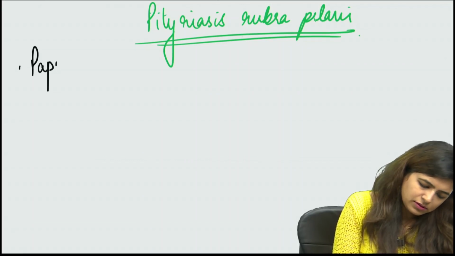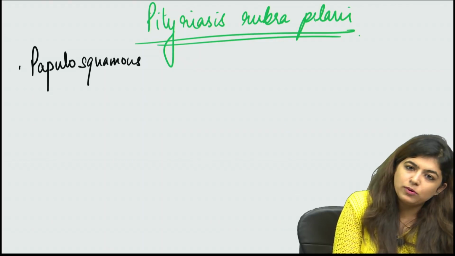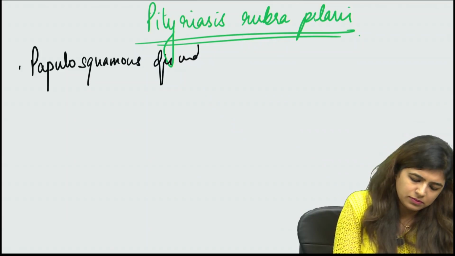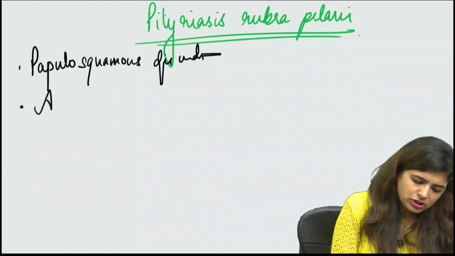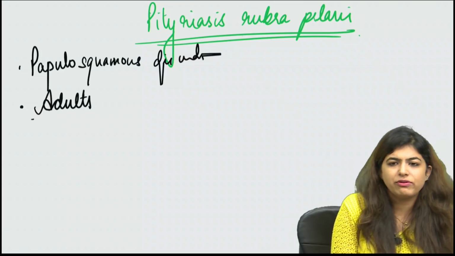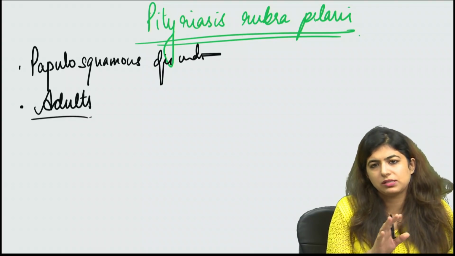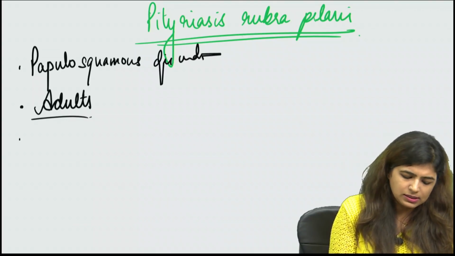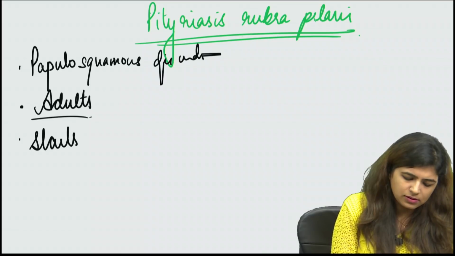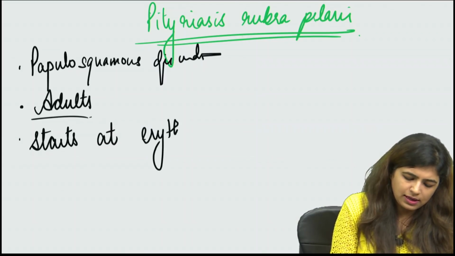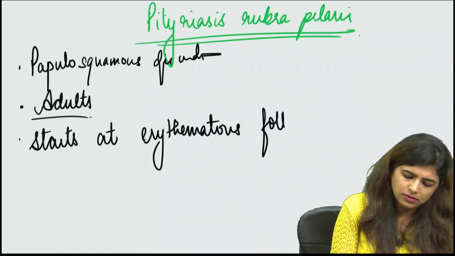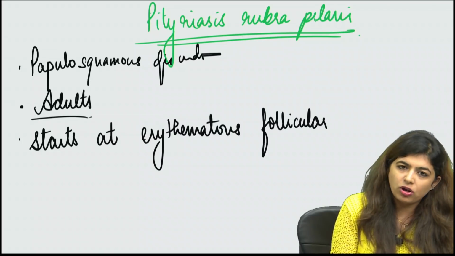This is a papillosquamous disorder. This is generally seen in the adults. There are 6 variants of PRP, but at your level it is mostly seen in the adults. It starts as erythematous follicular